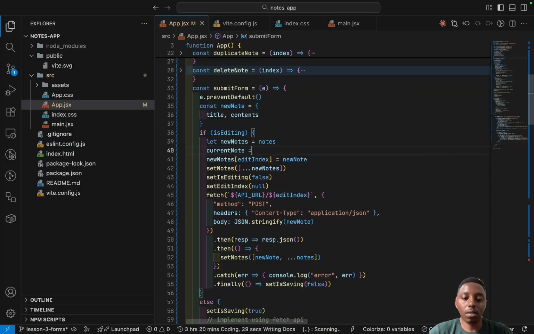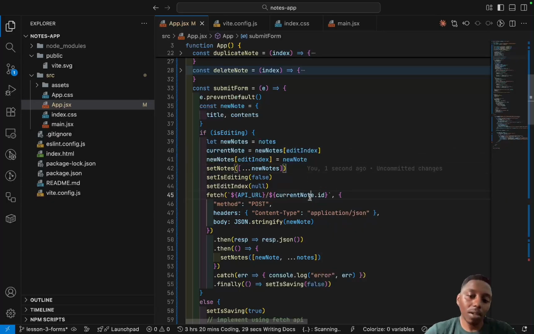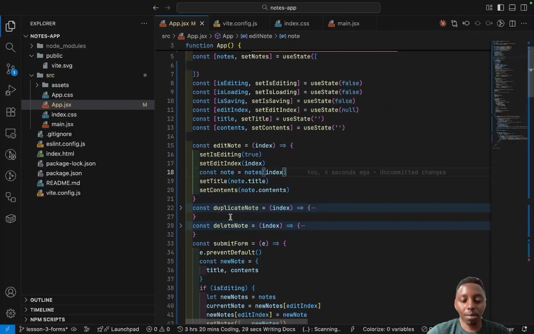Yeah, so current note is equals to notes, new notes and editing index. So it should be current note dot ID. But of course this will fail currently, because as you remember, as we were